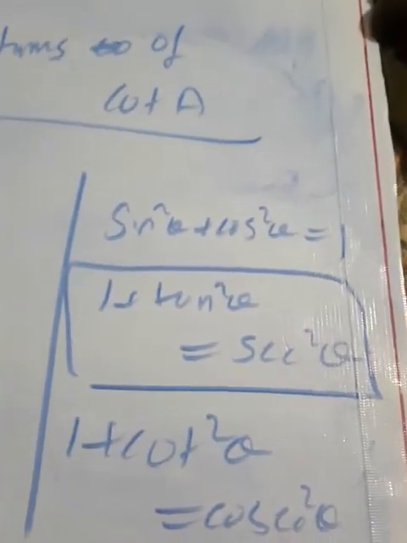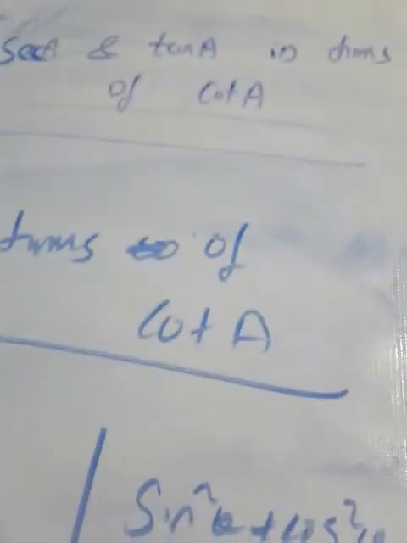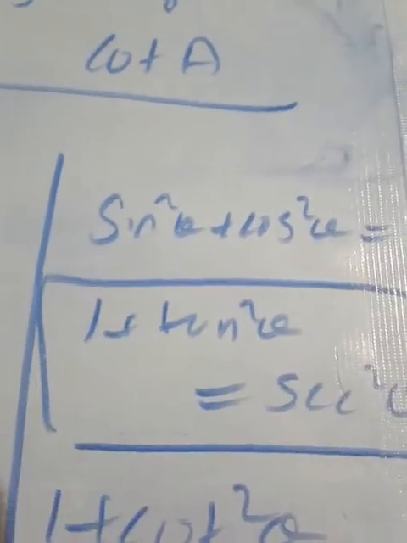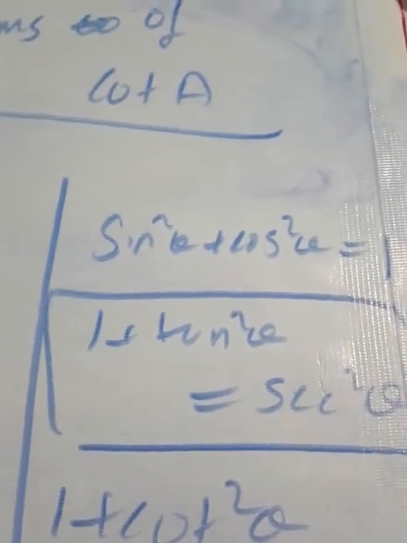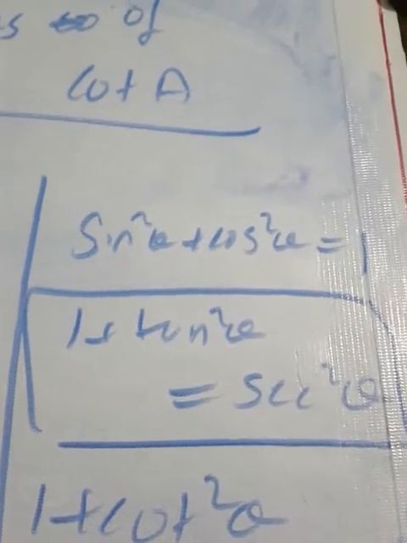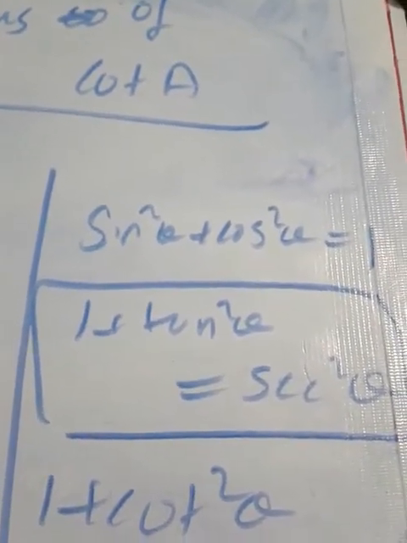Once again, I have to make a relationship between sec and cot. The reason I am focusing on the second identity is that it is a relationship between tan and sec, and I need sec and cot. But tan you can write as 1 by cot, no? Because tan is the inverse of cot, isn't it? Cot is the inverse of tan, tan is the inverse of cot. So in that way you can make a relationship between sec and cot.